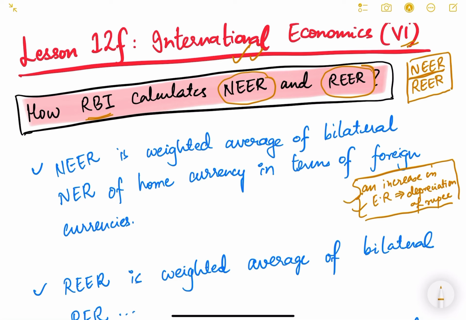But this video is important because in India, the RBI actually uses the reverse definition. Okay, RBI definition is actually reverse. So as per RBI, an increase in exchange rate, it can be any exchange rate, it can be nominal, real, or NEER or REER, actually means an appreciation of our local currency, and that is just because of the way we define exchange rate.